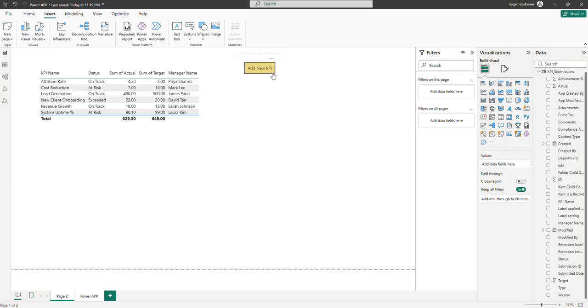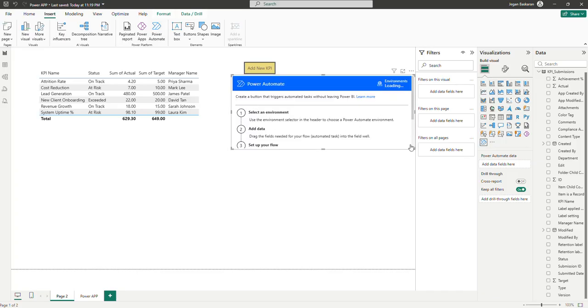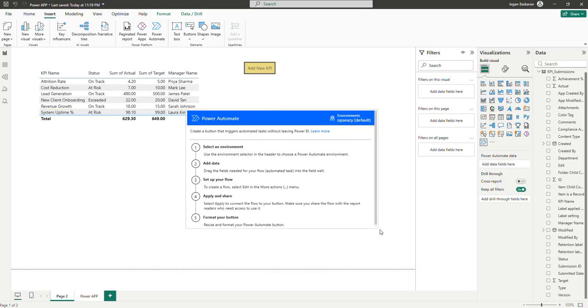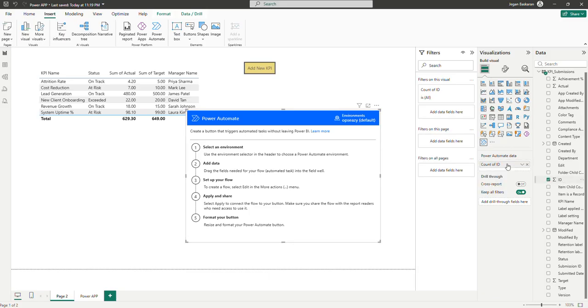So here we are going to simply integrate Power Automate. So click on this Power Automate option. It will automatically bring this kind of an UI. So once the environment is loaded, you are ready to add the data into the Power Automate that can do the refresh for you. So I simply add one data here,